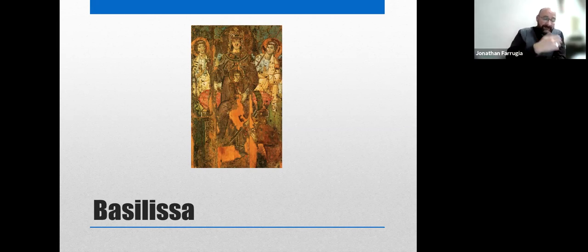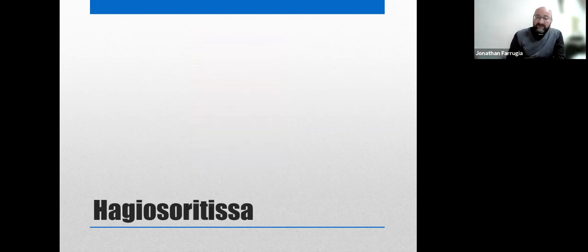Another very popular image is the so-called Hagiosoritissa, okay, which is the interceding Madonna, Our Lady who is interceding for others. Now, these are the first known icons showing Mary without Christ. Okay, so these are the very first images of Mary on her own. The first known of these was the icon, which was probably destroyed in 1453 during the sack of Constantinople, which was found in the Basilica of Hagia Soros, where the relic of Mary's dress was stored.